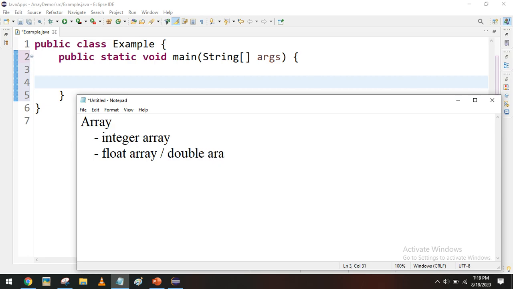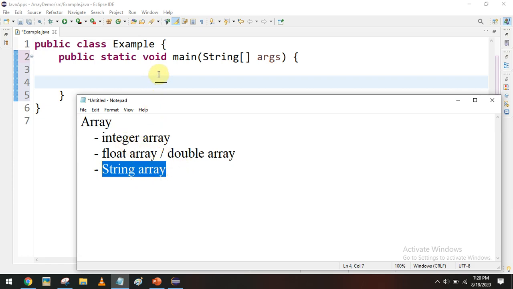Sometimes you want to create a string array, so we use the String data type, that is a string object. When you create an integer array, you cannot store a float value, that you have to understand. Similarly, if you create a string array, you can only store string data, you cannot store integer data.